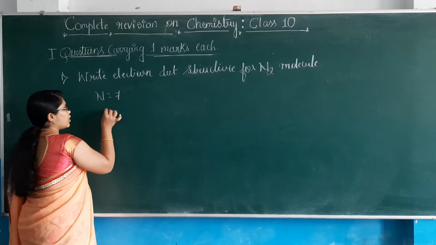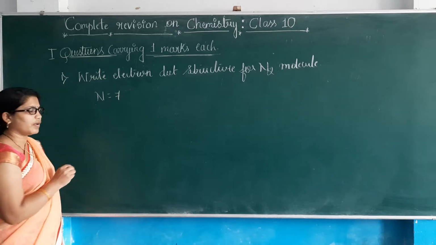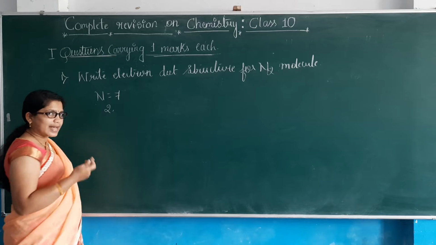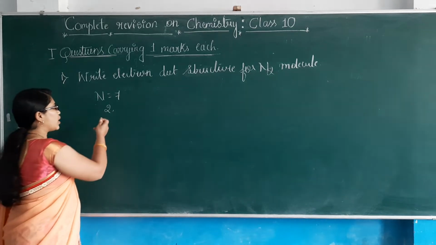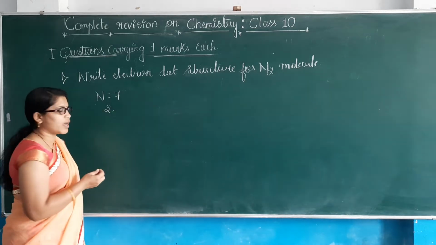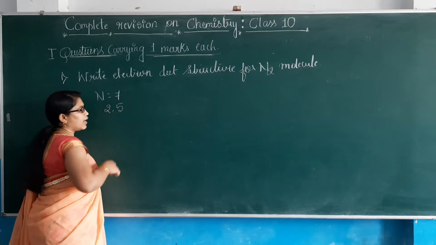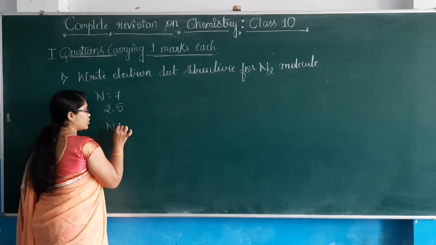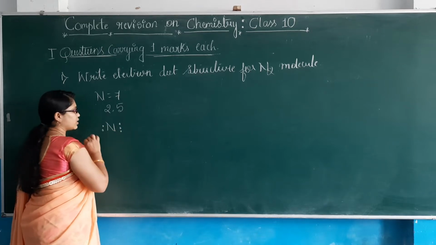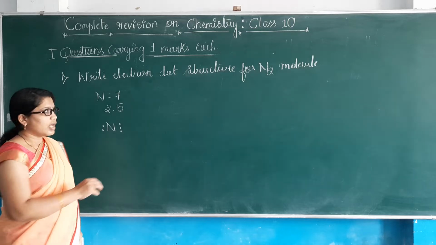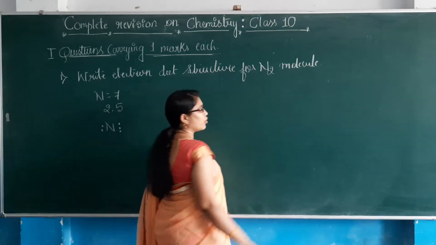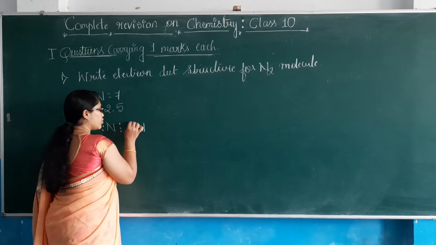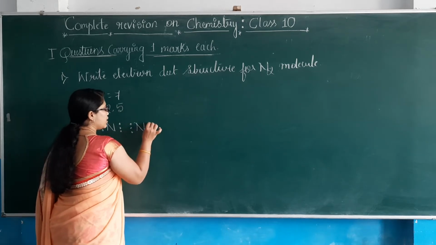So with atomic number 7, how are we going to write the electronic configuration? Simply, we will write 2, as the K shell capacity is 2. I have written that, so how many electrons are left? Still 5 are left. So I will be writing all those 5 electrons here. In the sense, for nitrogen, I must mention all the 5 electrons as valence shell electrons. How many atoms are there in a nitrogen molecule? 2. So I must consider one more atom, which will also be represented in this fashion.